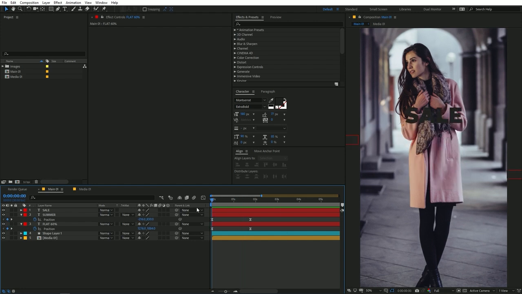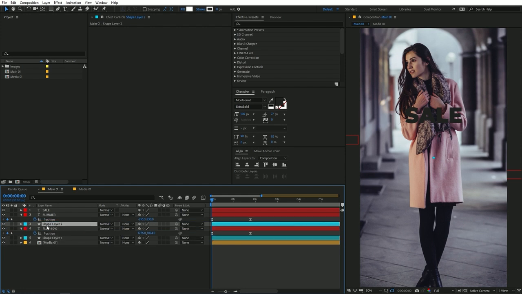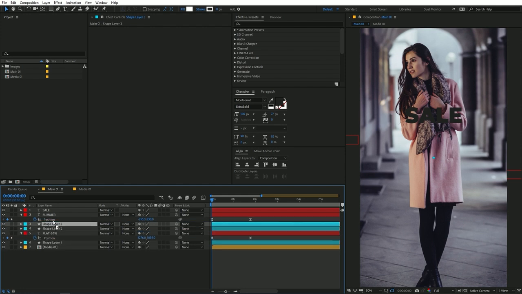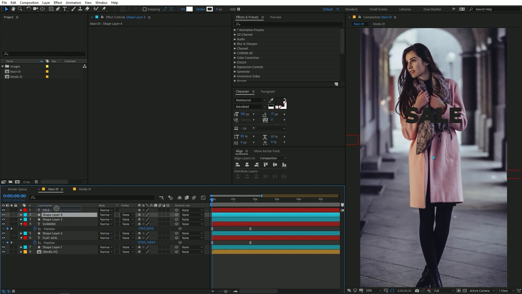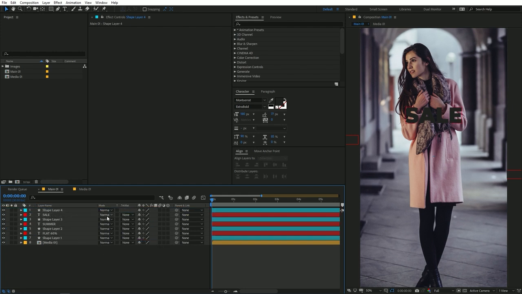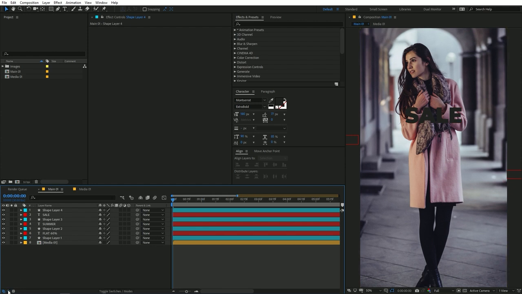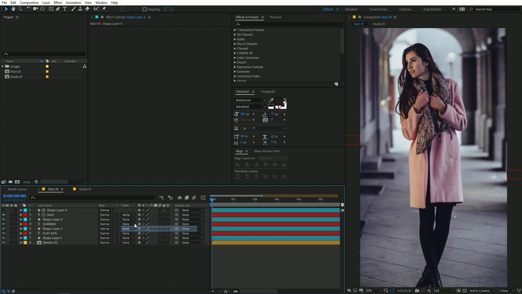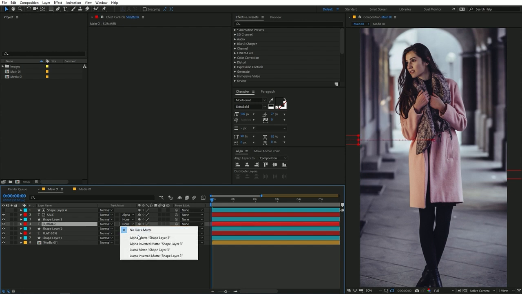So now if I play back, here you can see that we have this really nice animation going on. As you can notice, there is one small problem, that in the beginning all the texts are visible. We can fix that by simply selecting the shape layer and then pressing Ctrl D to duplicate it, and just simply place one copy above each text. Just keep on doing it like this. You can now select the track matte option and set it to alpha matte. In case you are not able to see this option, you can simply click on this icon and it will make it appear. So just simply change the track matte to alpha matte,